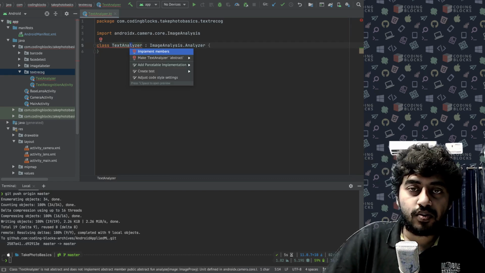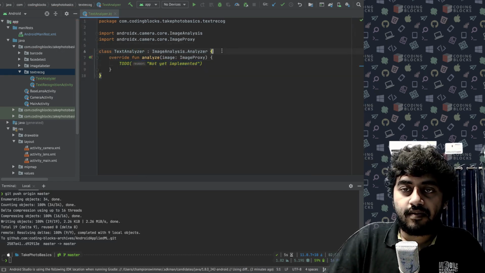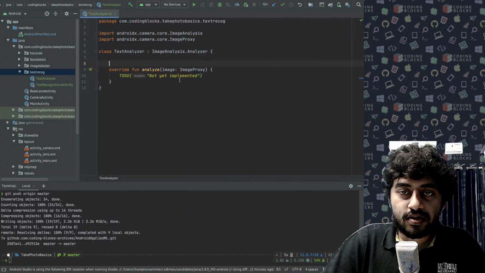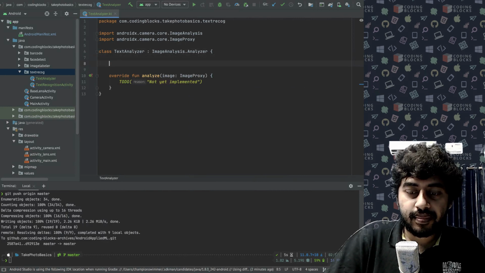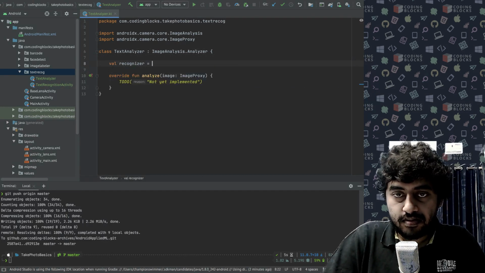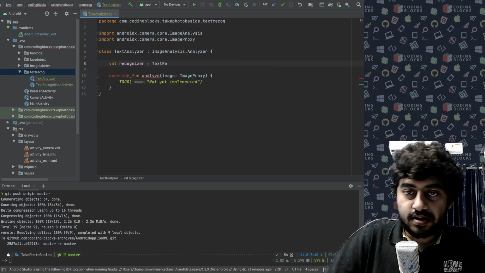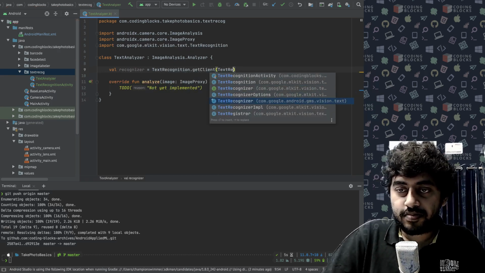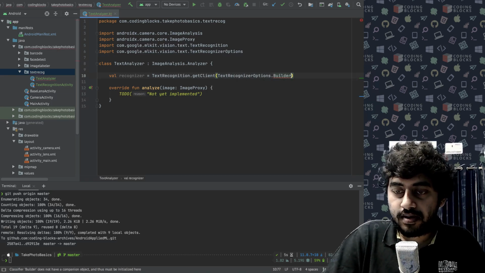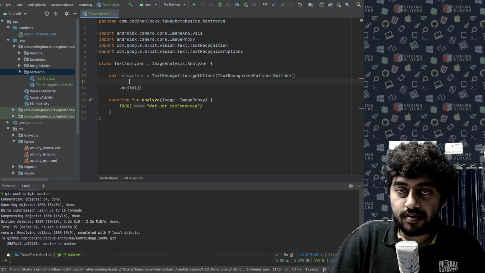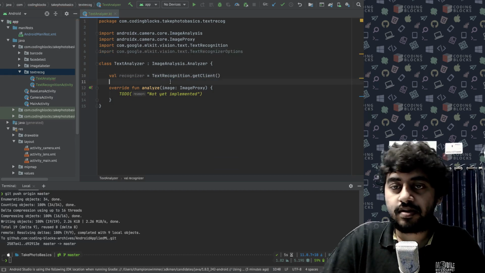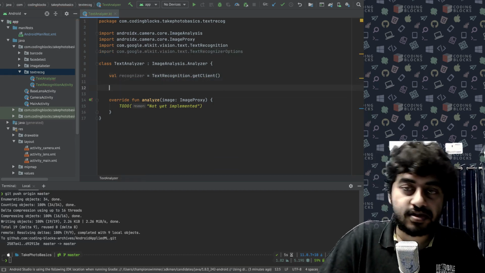In the analyzer, what we need to do is we will create this way, get instance of text recognizer. So we'll do text recognition dot get client, text recognition options dot so there is a builder for that. Okay, let's find out what it can do. That's all. There's nothing special in this thing, no configurable stuff, so we will just do get client